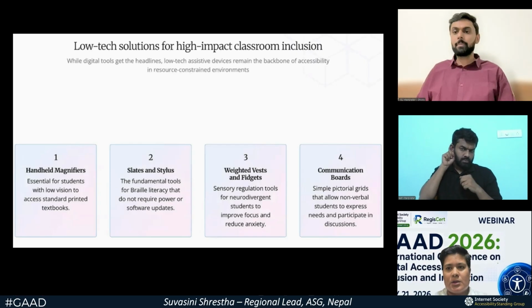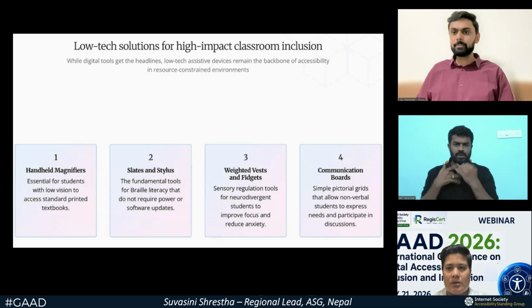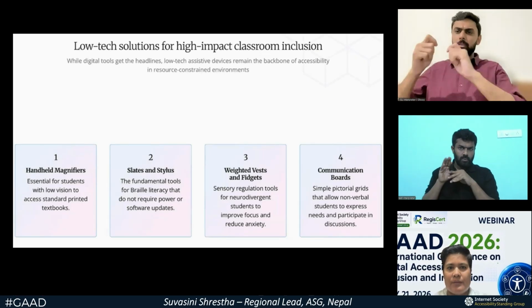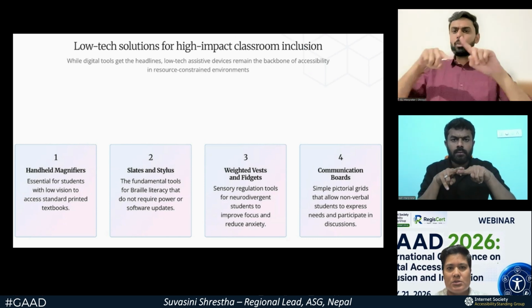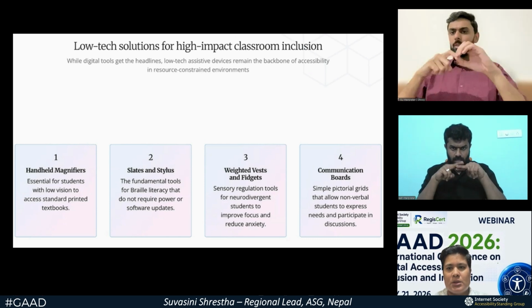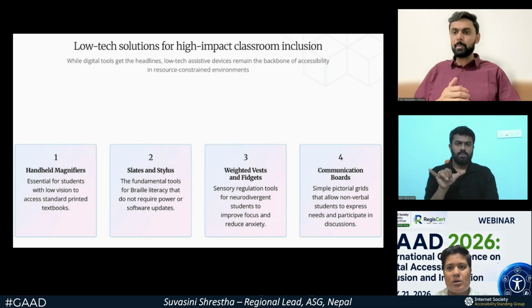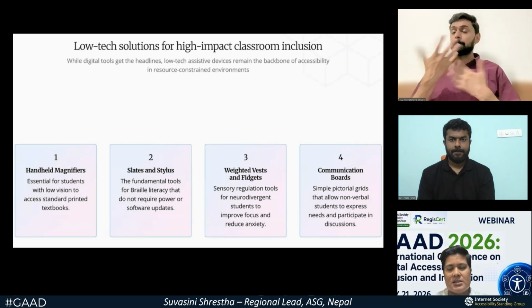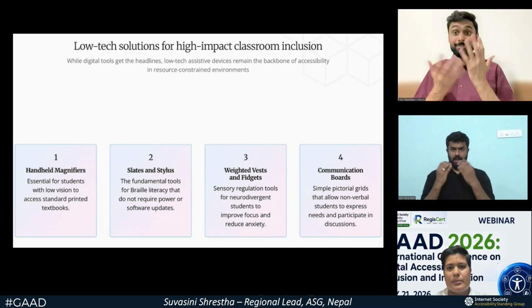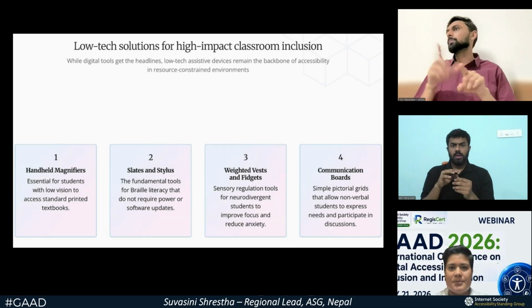Talking about Nepal, it is a country where we cannot access internet in every region. So we have to think about low tech solutions for high impact classroom inclusion. While digital tools are getting more prioritized, low tech assistive devices also remain the backbone of accessibility, like in Nepal.